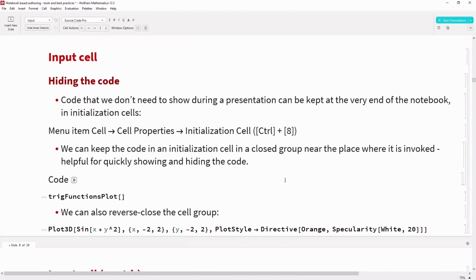If you are showing certain types of outputs, and if you do not need to show any input code for the user, then it is always good to hide the input cells. In order to do that, you can keep the code in an initialization cell to make sure that the function definition is known to the kernel, and you can just evaluate the function in order to show the output during the presentation.